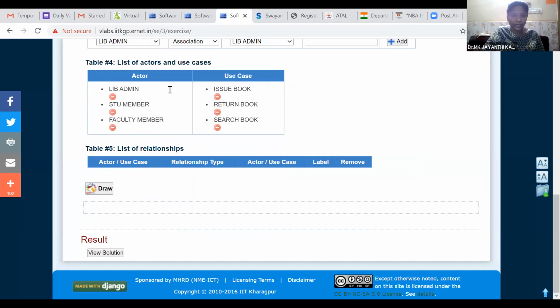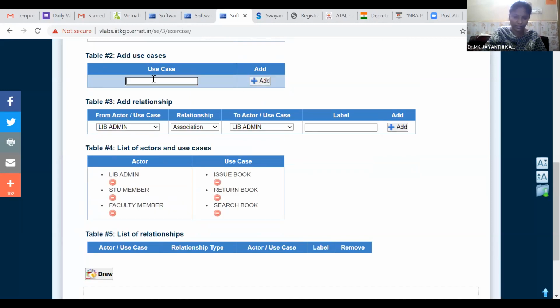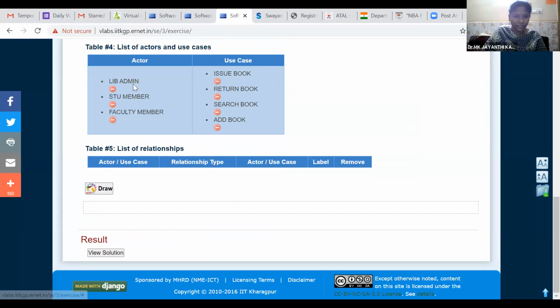Search book is also added. Then we can have another, adding the book. Add book. So we chose 3 actors: library administrator, student member, faculty member of the library. And use cases we added as issuing book, return of book, search for book, and add book. So these are the use cases.